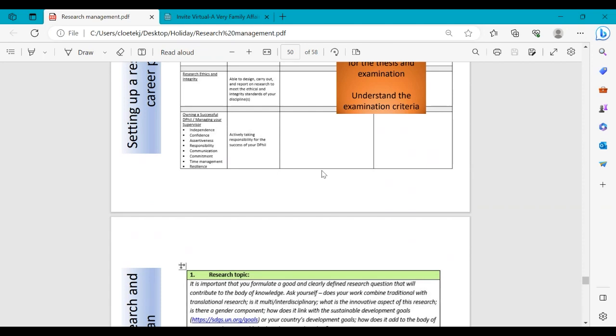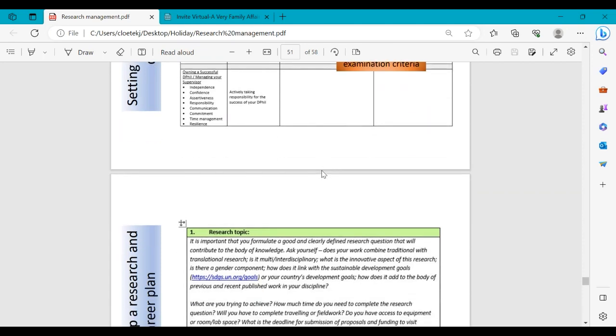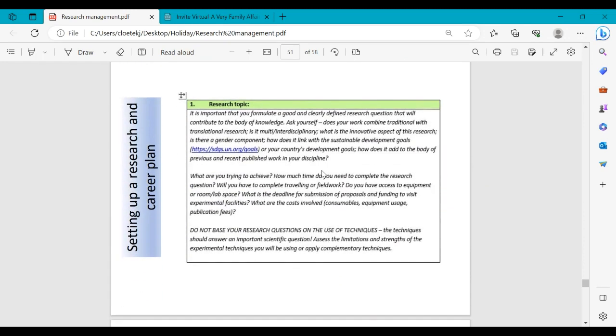Then you can put the skills or what you want to gain out of the supervisor-student relationship. And then also right at the beginning, when you're selecting this, we already discussed when we were mentioning the research topic, the research question. All of these points about translational, applied, multidisciplinary, interdisciplinary, this we already discussed. So we have to ask ourselves, does our research topic align with some of these principles, the interdisciplinary research, addressing